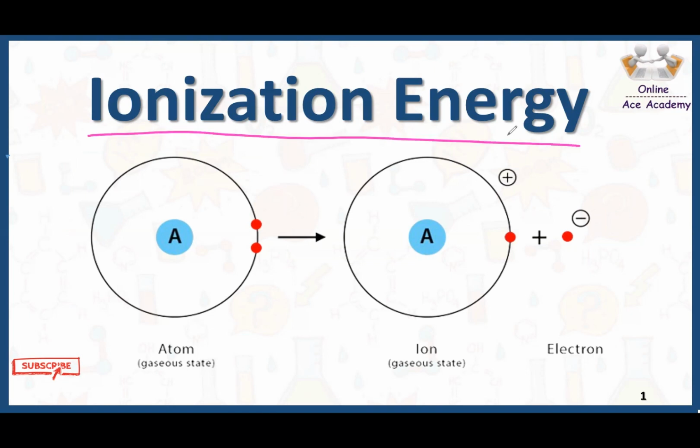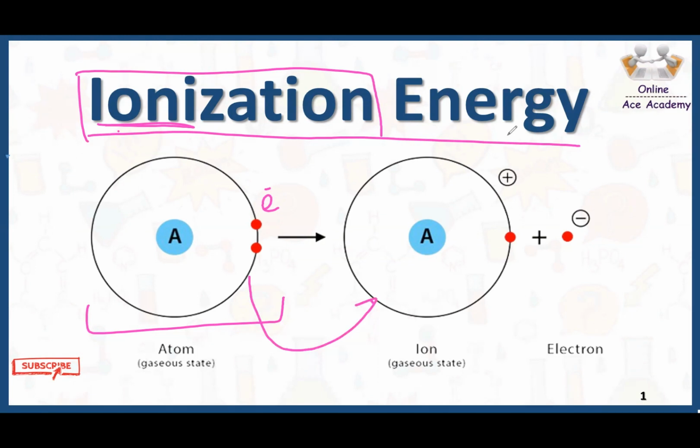Ionization energy. As the name indicates, ionization is something related to ions. When we have a neutral atom, we need a certain amount of energy to remove or knock out an electron from the outermost shell of this atom in order to convert that neutral atom into a cation. The certain amount of energy that we require to convert this neutral atom into a cation is called